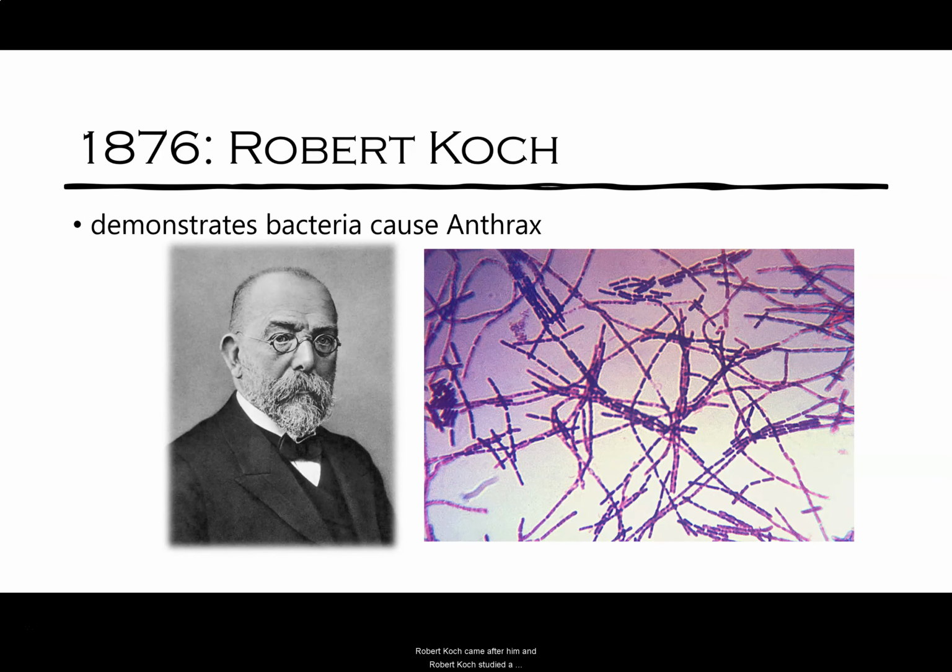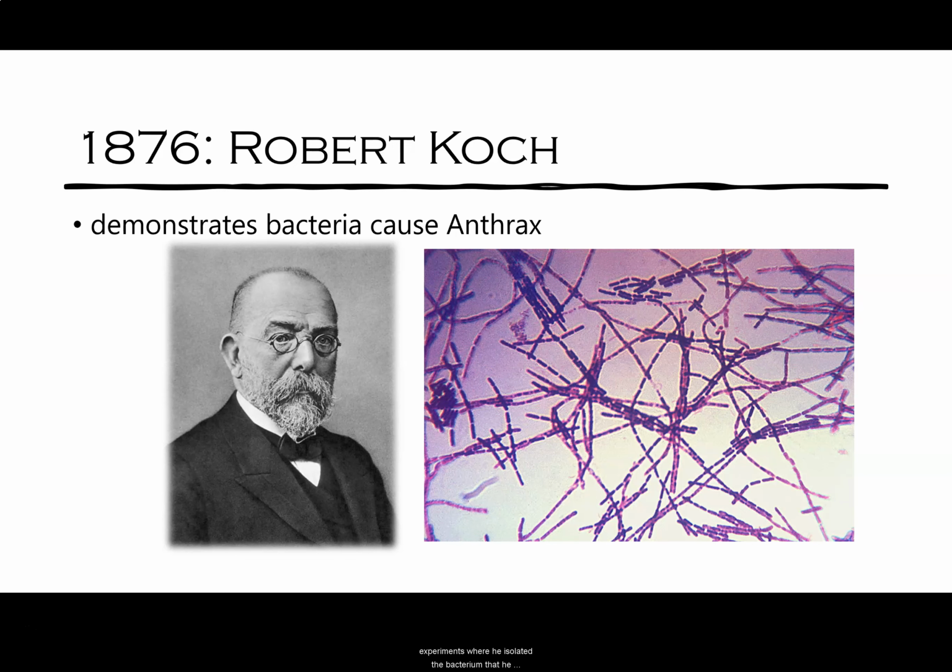Robert Koch came after him, and Robert Koch studied a variety of different diseases, but one important one that he studied was anthrax. Anthrax occurs in humans, but it also occurs in cattle, and he showed that cows that had anthrax had this long rod-shaped microorganism in their blood, but cows who did not have anthrax did not. He was the first person to link an infectious disease with a microorganism, and he did this through a series